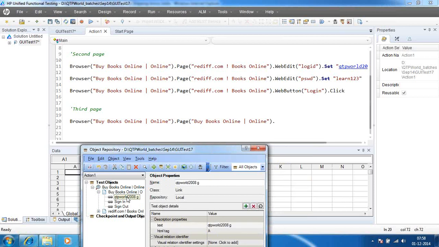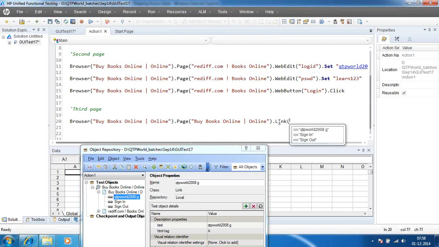It is link. Okay, link. Which object I need to take it out? Okay, QTP World 2008. Okay, so I reach this object.